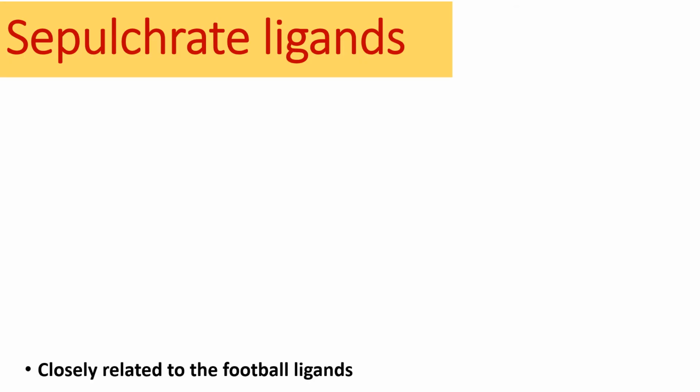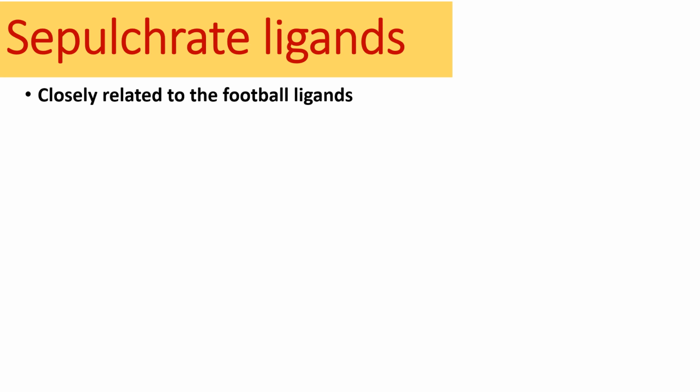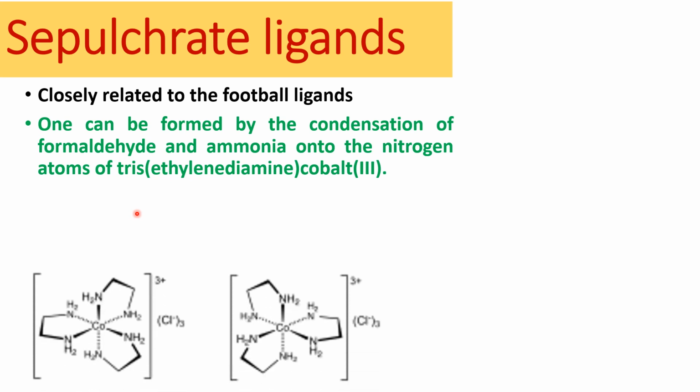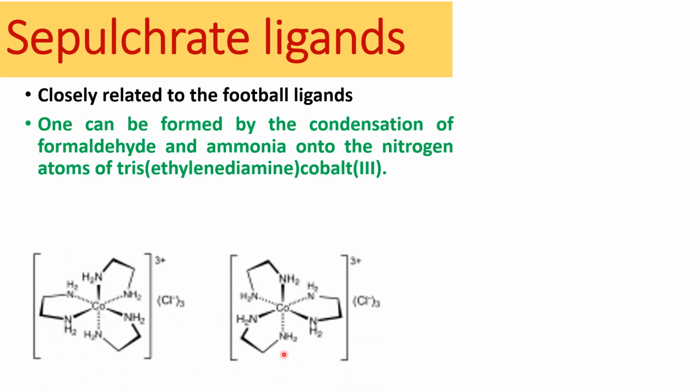Sepulchrate ligands. It is closely related to the football ligands. The sepulchrate ligands can be formed by the condensation of formaldehyde and ammonia onto the nitrogen atoms of tris-ethylenediamine cobalt 3. Here we can see the structure of the sepulchrate complexes. These complexes, both cryptate and sepulchrate complexes, are sometimes known as cladrochelate